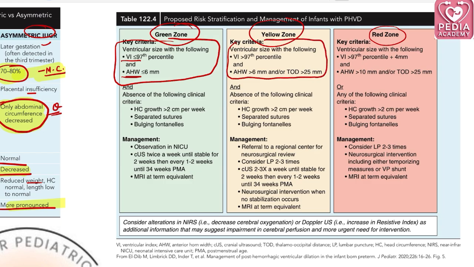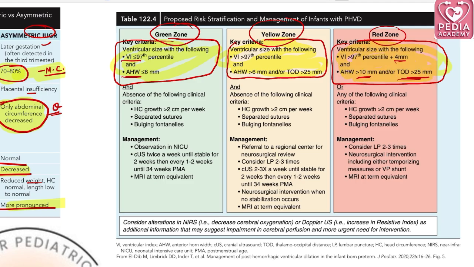millimeter. TOD means thalamo-occipital distance. Just remember these. And red zone, you have to remember ventricle VI is more than 97 percentile plus 4 millimeter, AHW is more than 10 millimeter and TOD more than 25 millimeter. Just remember these values. Okay, these are ultra important because based on this they will ask which zone of PHVD